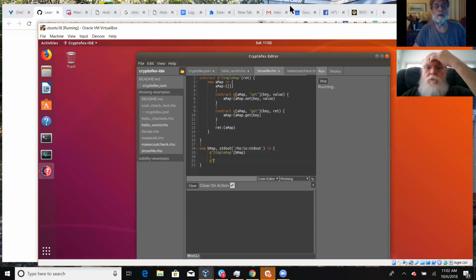Okay, so basically, in this contract simple map, I write the map unforgeable name to return, and I probably need asterisks and or at signs all over the place here.